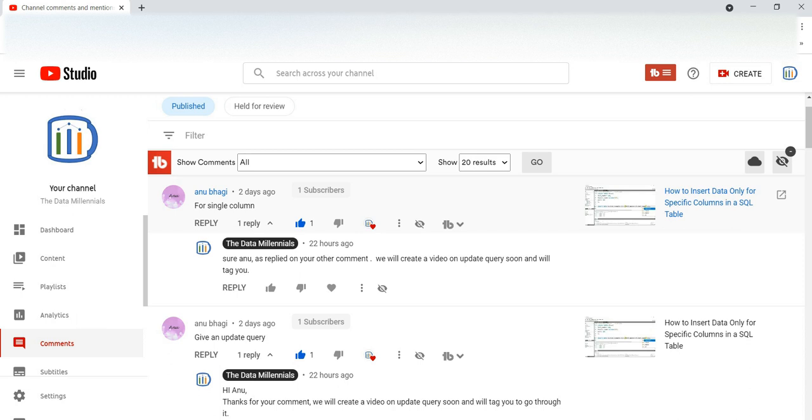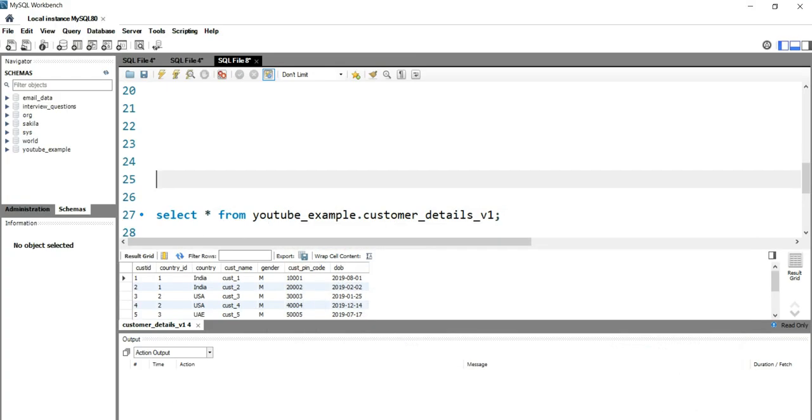So let's go and talk about SQL update query. I have already opened my SQL Workbench where I will be showing you the query which I'll write for the update statement. Before we write any query, let's think about update. What exactly is the update query and where will this update query be used?